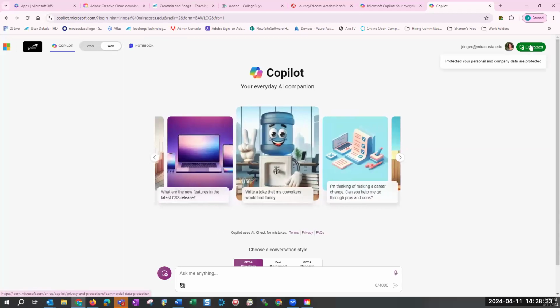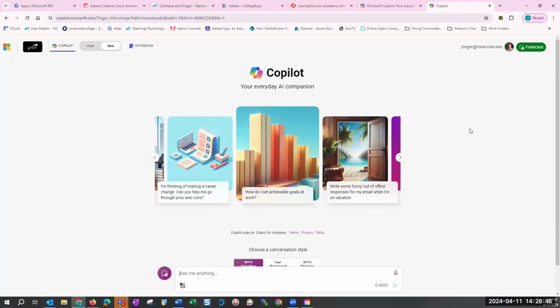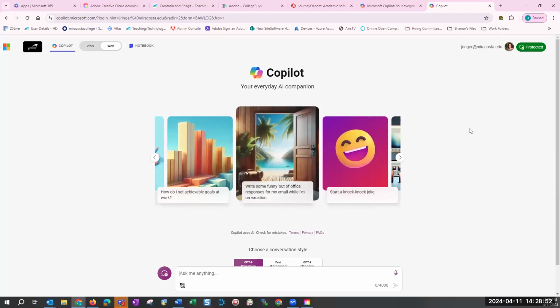So your personal and company data are protected. Now, this is already done for you. You just have to launch any browser on any device, any tablet, computer, phone, I think.